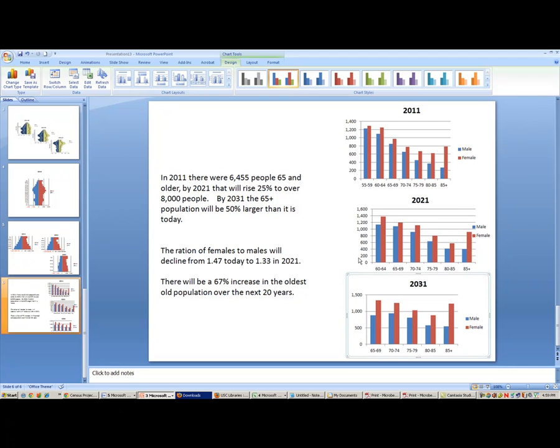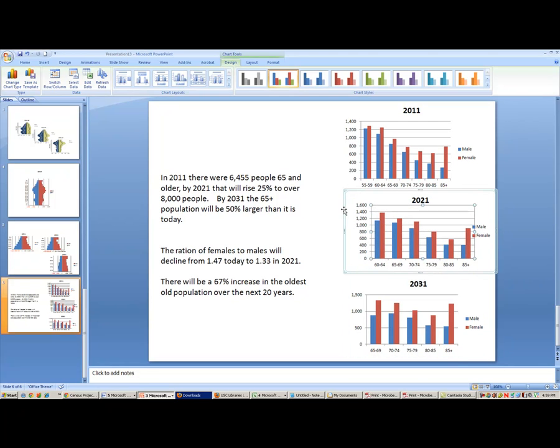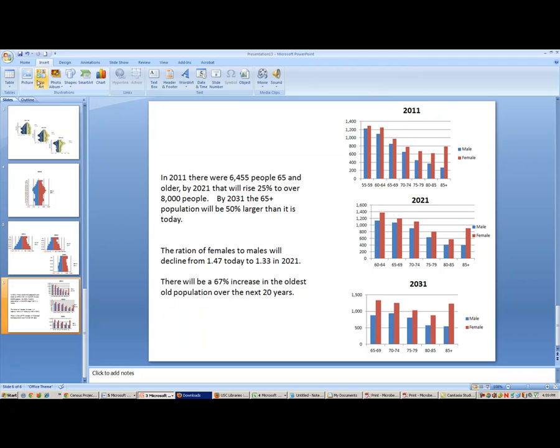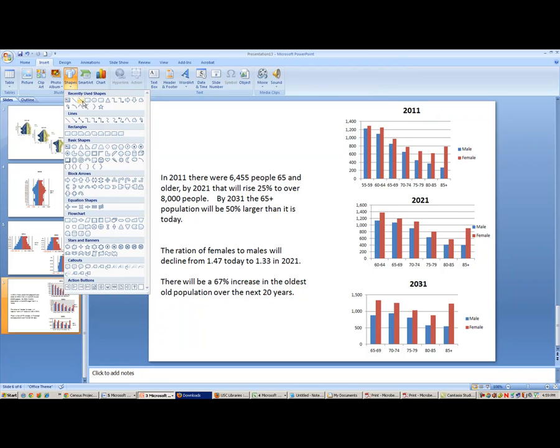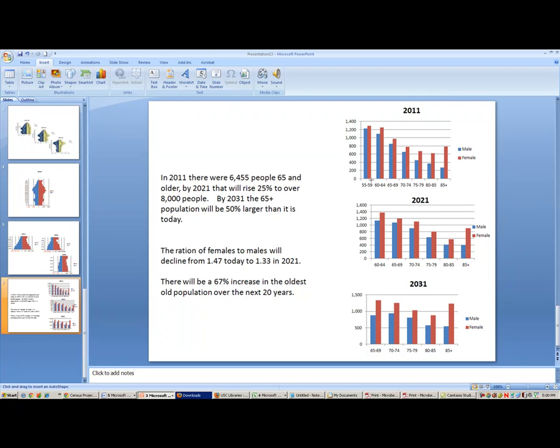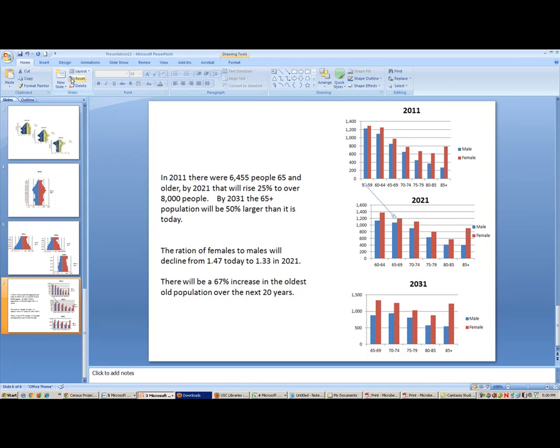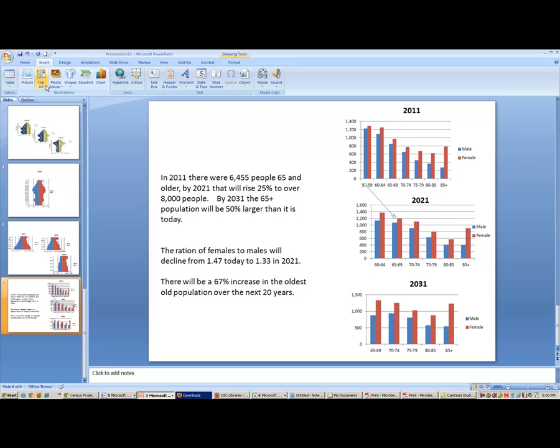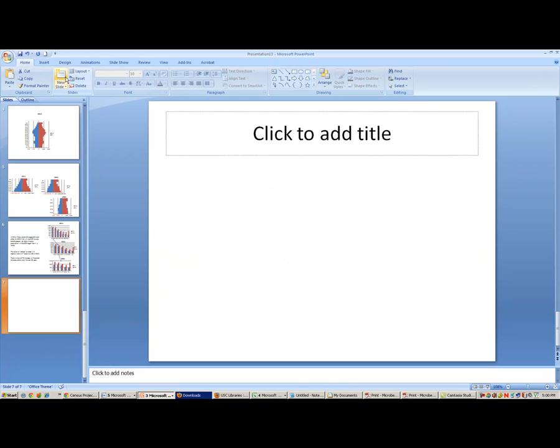Shrink it. Okay. And part of the logic of showing this is it explains how we did the projection in a way. It shows that the 55-year-olds became the 65-year-olds 10 years later, and then, insert shapes, the 65-year-olds became the 75-year-olds 10 years after that. So there you go. That answers the major questions. All you gotta do now is tell me a little bit about the implications,